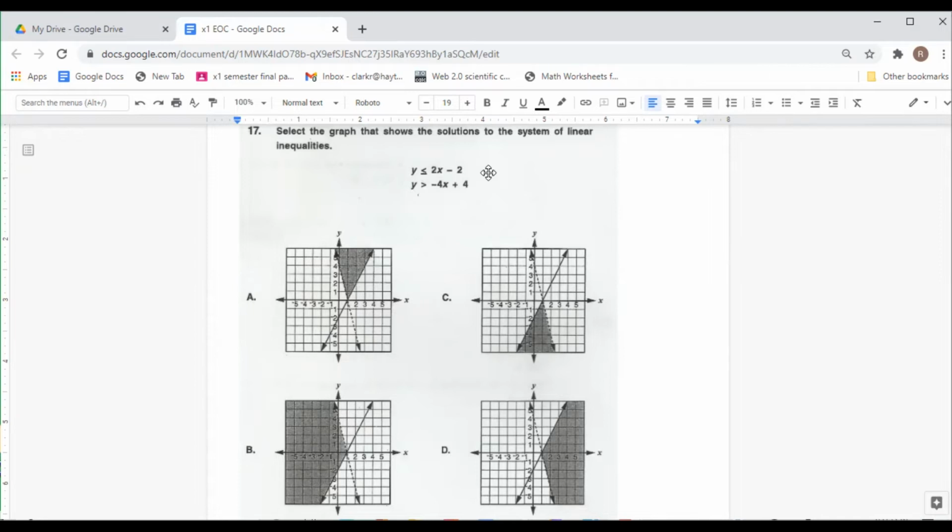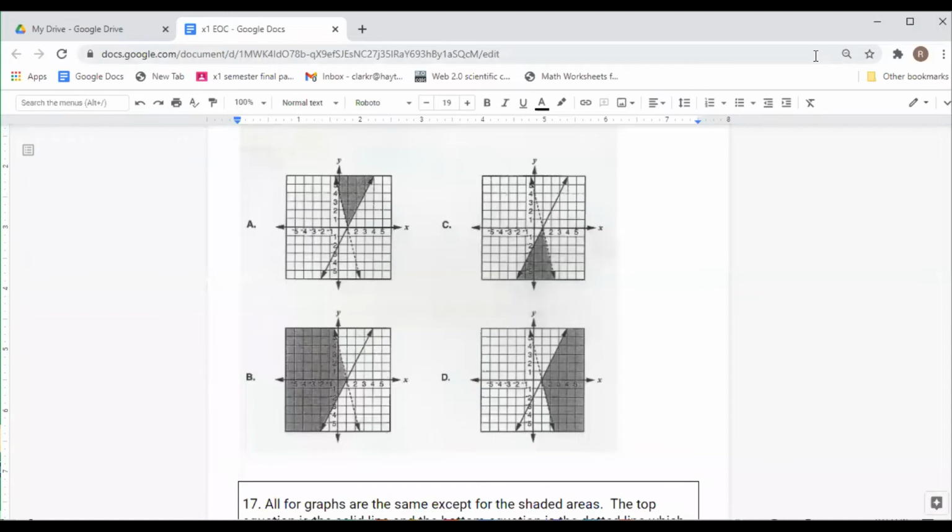We take our line. Why is this bigger? Now take a look at our other equation. Y must be bigger than, or above, the dotted line. Y is above the dotted line. Y has to be above